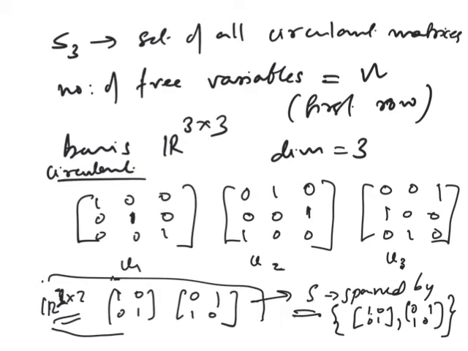See, the question was, you are in R2 cross 2. My ambient space is R2 cross 2. Every element in R2 cross 2 gets represented as a 4 tuple, because the dimension of the space is 4. I have 4 basis vectors, 4 basis vectors will have 4 coefficients, and these 4 coefficients together give me a 4 tuple. So every element in the ambient space is represented by a 4 tuple. Now what I am looking at is a subspace of R2 cross 2, which is of dimension 2. So the question is, will an element in this subspace get represented as a 2 tuple or as a 4 tuple?